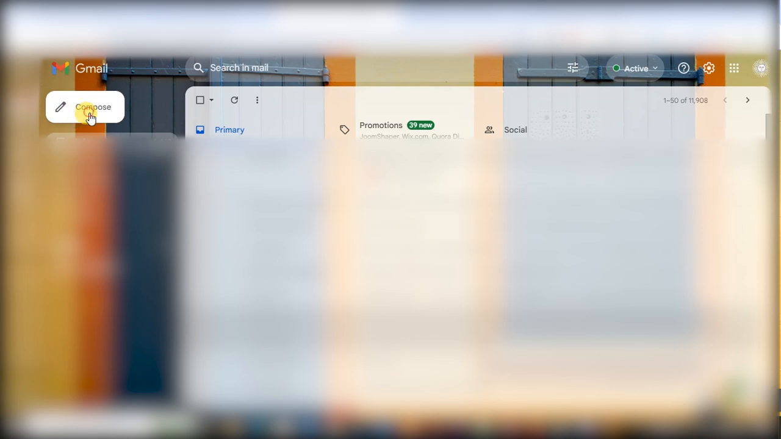Now you see the Compose button. Click on it and then you see a new message opens with a subject, and then you see the signature we added